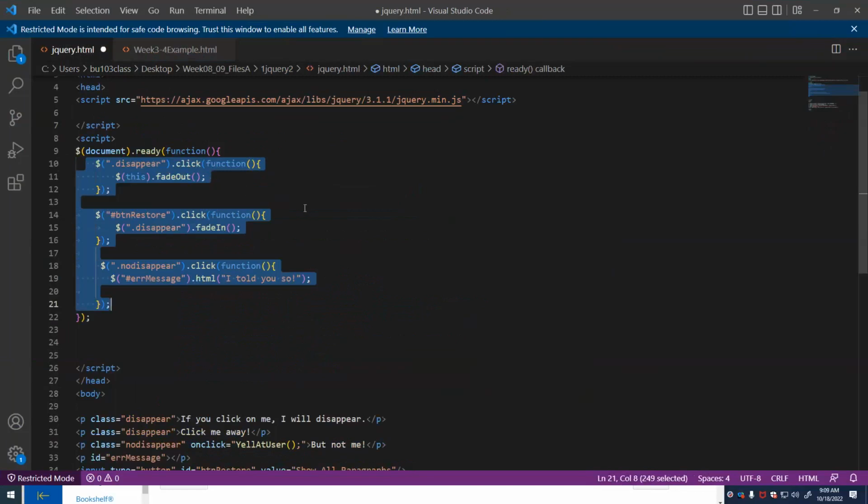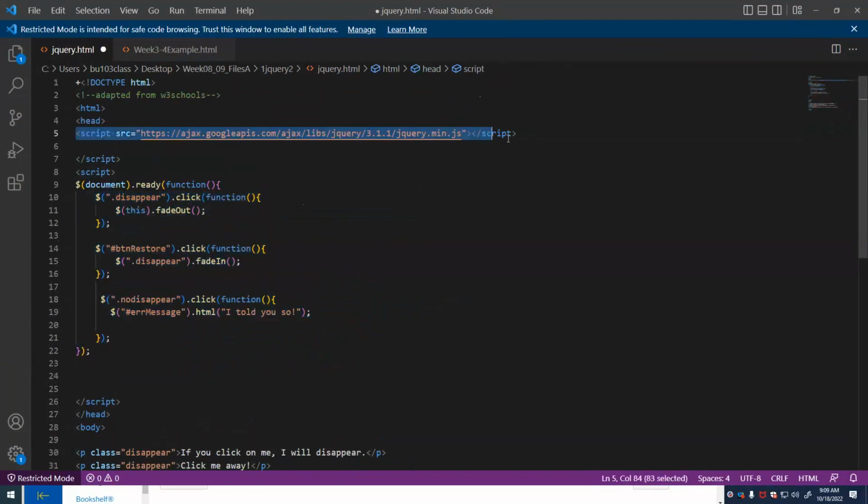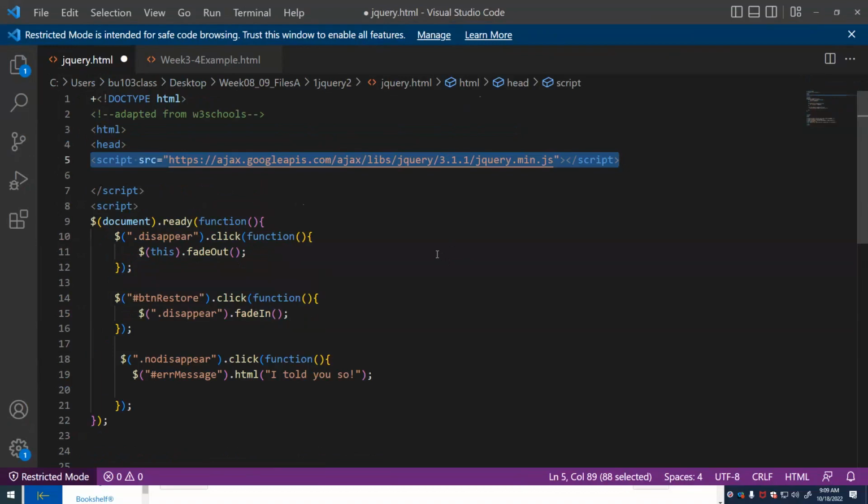Now, one thing I forgot to mention, which is very important: in order to make jQuery work, you need that library of functions included on your page. That's what this line says right here. This actually goes out to this web server and pulls down jQuery min.js. Now, we talked about min